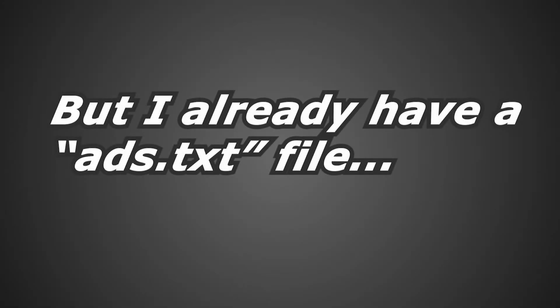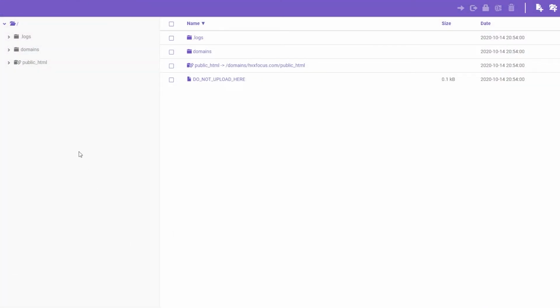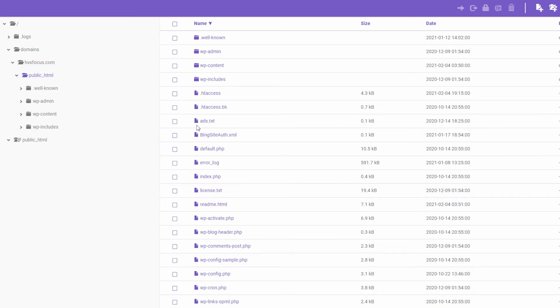While we're here, what if you did find that ads.txt file from earlier? Well, then you need to get back to this location here, and then you need to find that file in your web hosting file system. And sometimes it may be hard to find that file, but remember that it should be in one of the top level folders. So just go into the folder and scroll down a little bit until you find it,